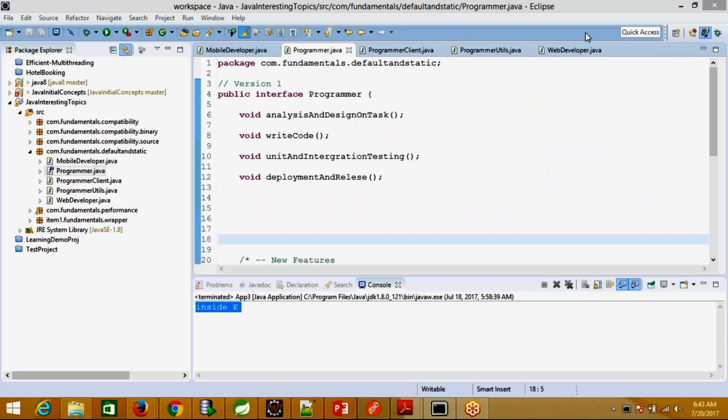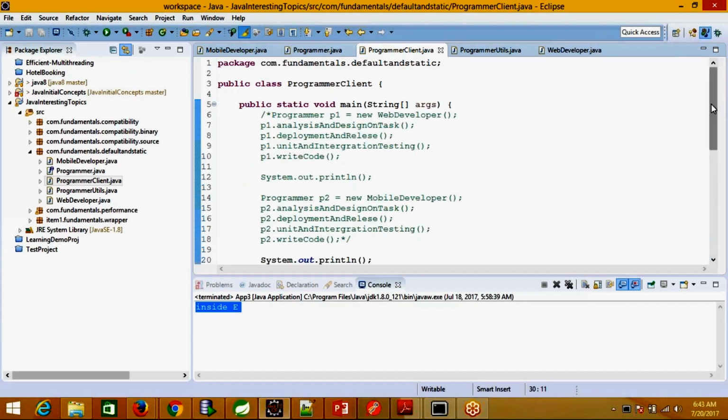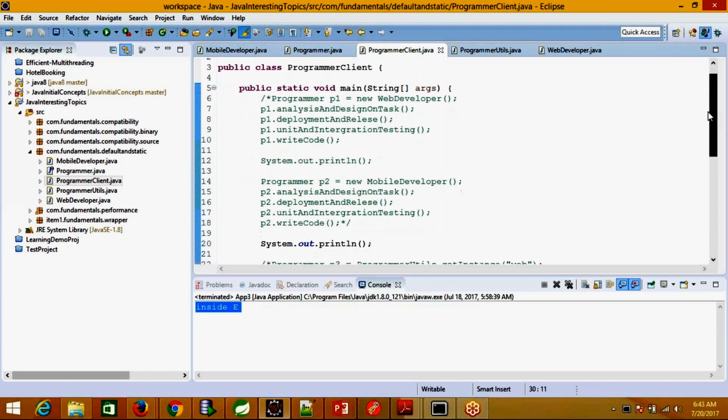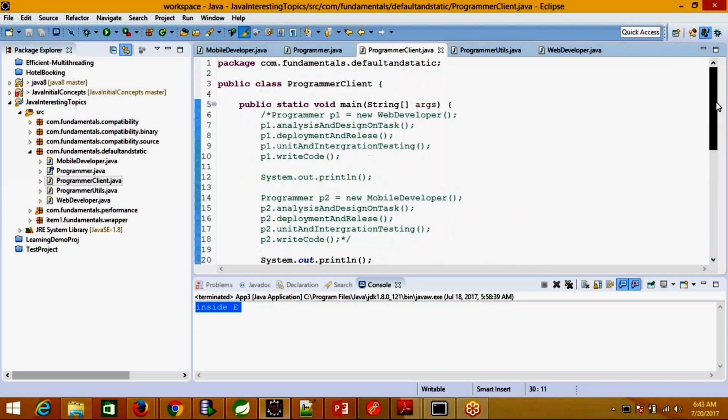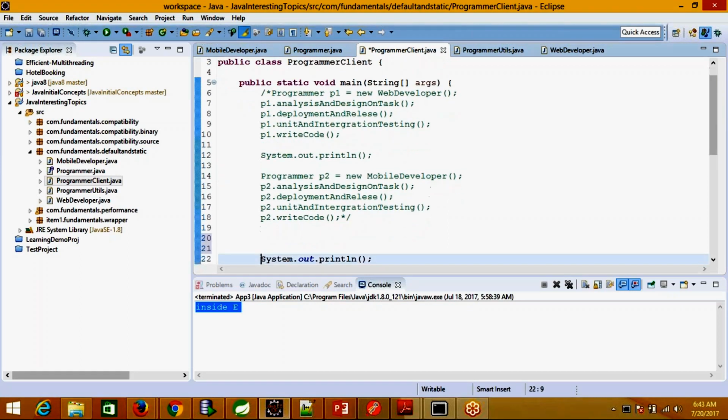So now let's look into the other classes. I have one more class, that is programmer client. This is my client program through which I'll test everything out from here. So what I have done, let me uncomment this part now.